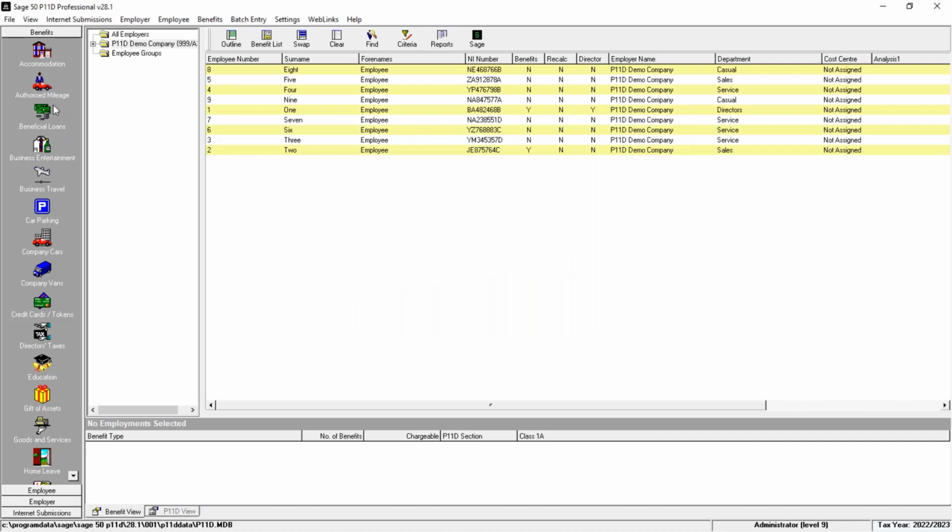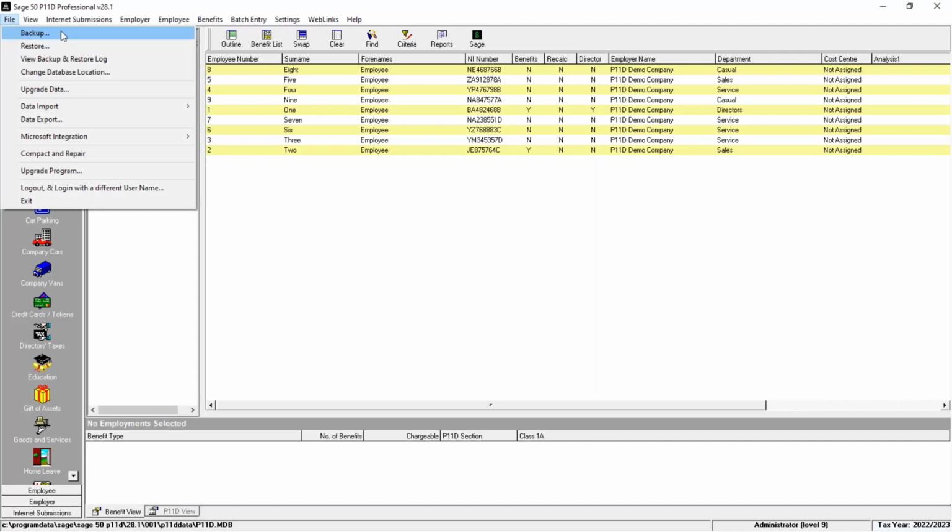And your final preparation step is to take a backup of your P11D data. So that can be done from the File menu. If you click onto Backup,